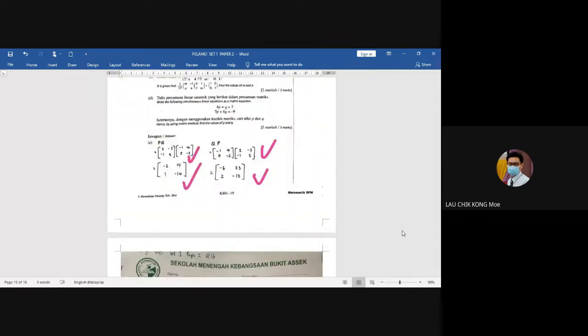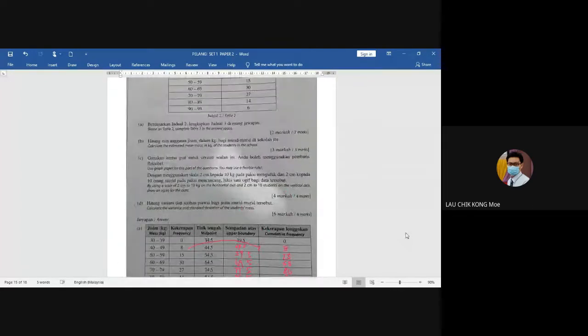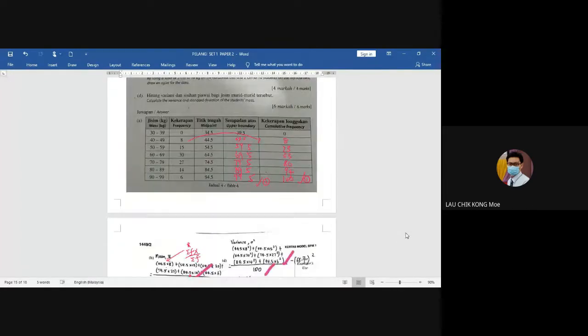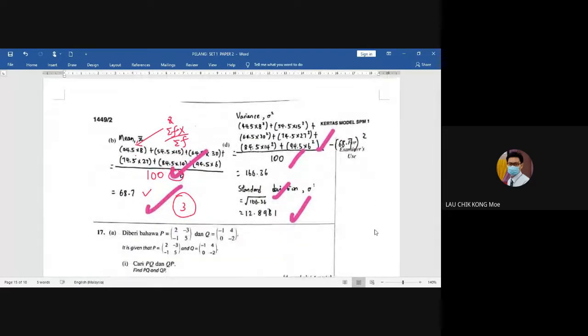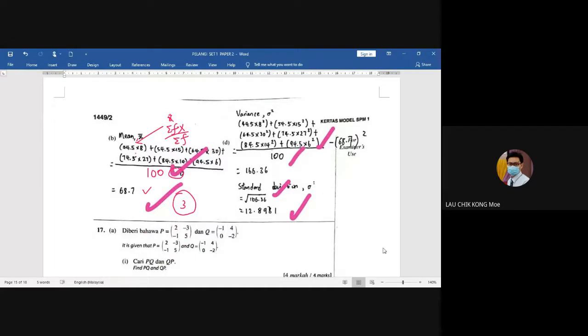Okay, then we go to the last part of this question, which is to calculate the variance and standard deviation. I know the space here is not enough for the question. The workbook wants to save space, so it does not give much room. But in the actual exam, I think there will be enough space. So for variance, the formula is the sum of fx square divided by the sum of f, and then minus the mean and square.